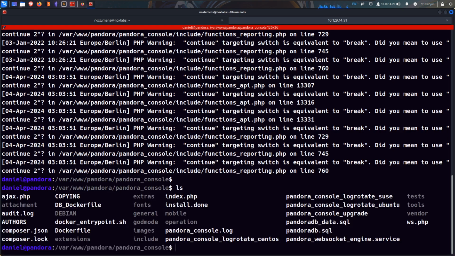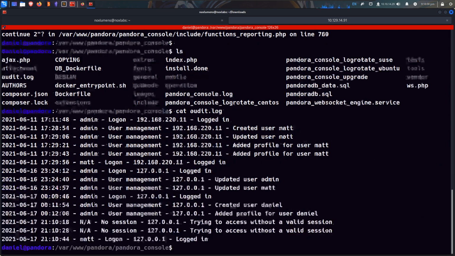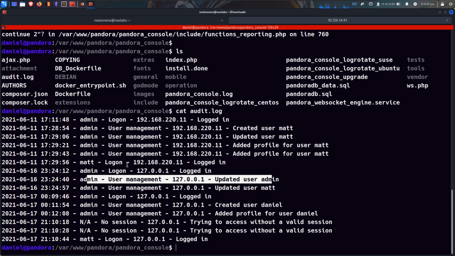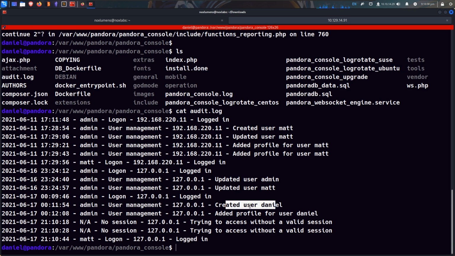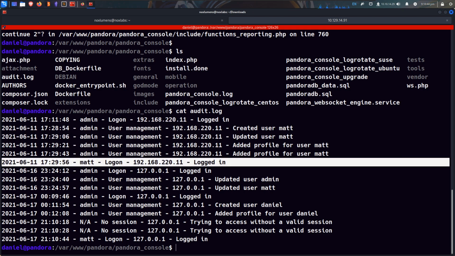We can look in, what can we look in? Cat audit.log. Updated user admin, updated user Matt, created user Daniel, added user Daniel. We can do